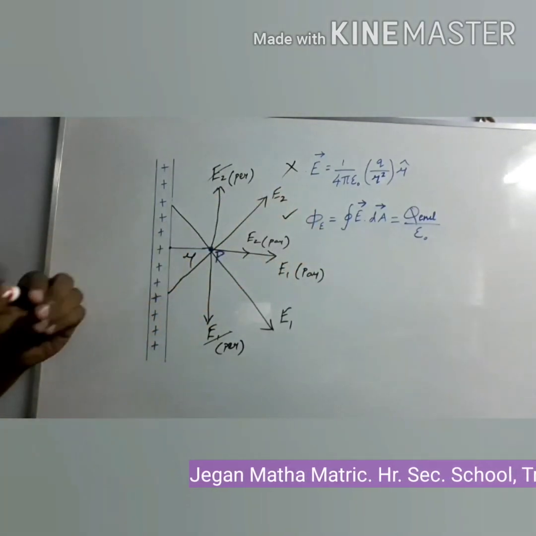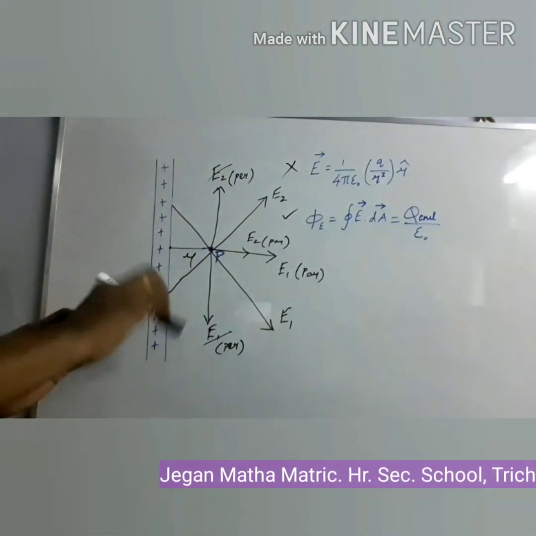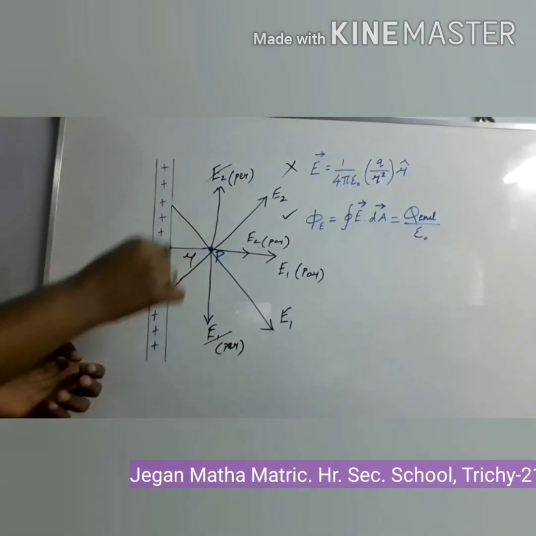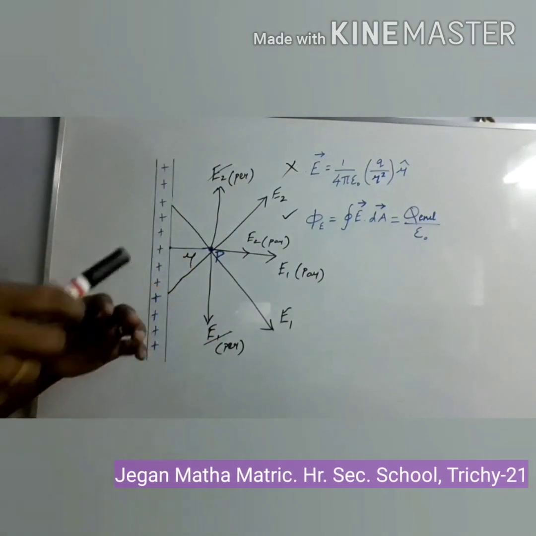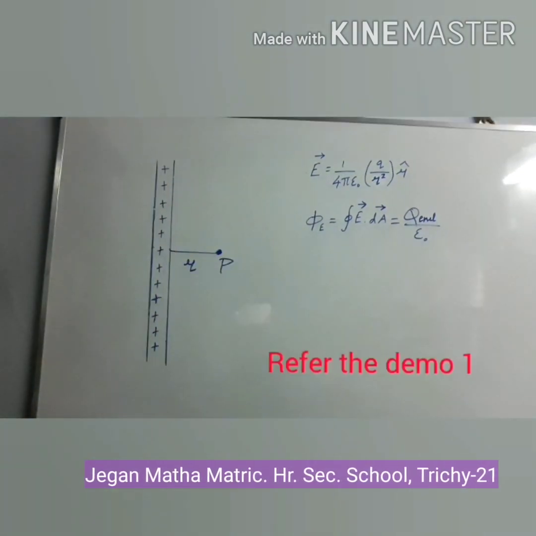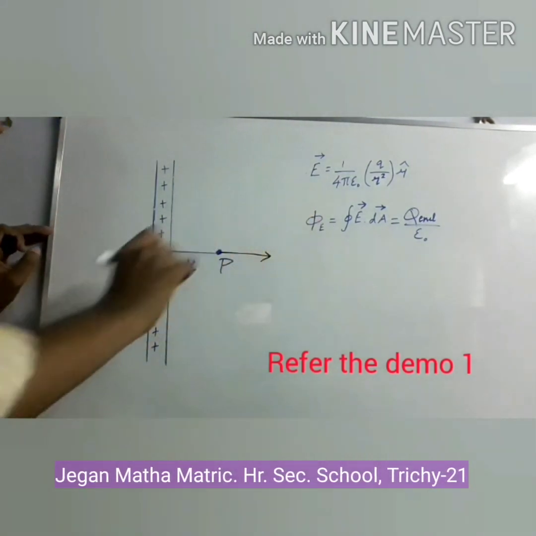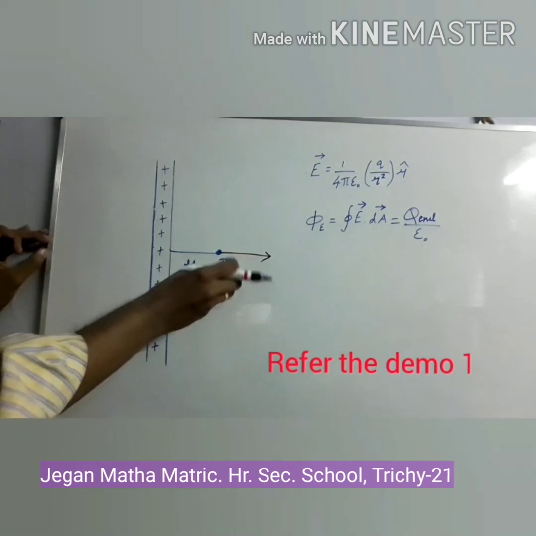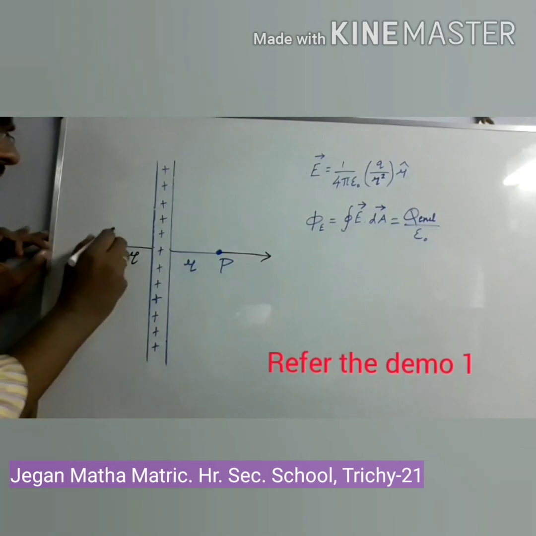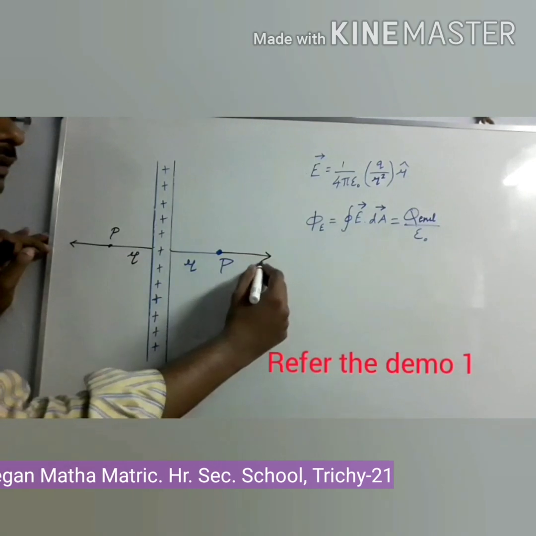So in the first demo itself we said the electric field which comes outside from the charged wire always acts horizontally. This is the reason. There will be no perpendicular component from the electric field provided by each charge. The perpendicular components are cancelled, so only the horizontal component will be there. So the direction of the electric field acts along the horizontal direction. Likewise, suppose a point P is taken on this side with the same distance, then what is the direction of the electric field? It acts along this direction. Anyhow, it is horizontal.